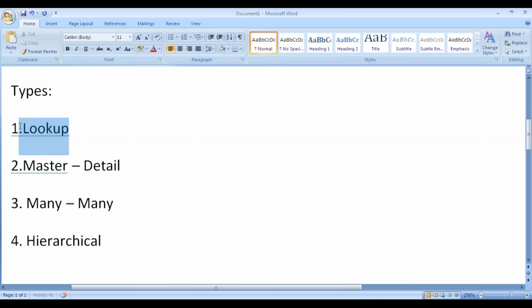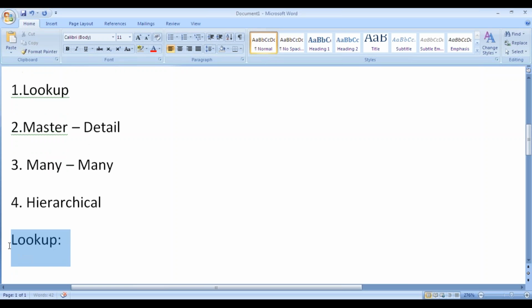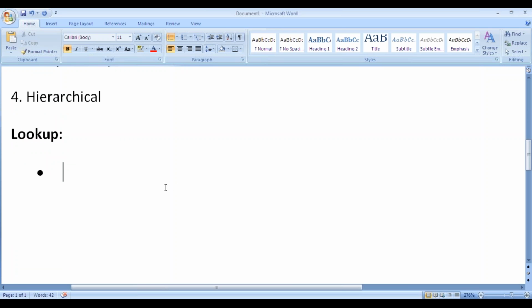So we'll be seeing in depth about each and every type of relationship, and then we'll move on to practically how to implement relationships in Salesforce. Okay. So first we'll start with lookup relationship. In lookup relationship,